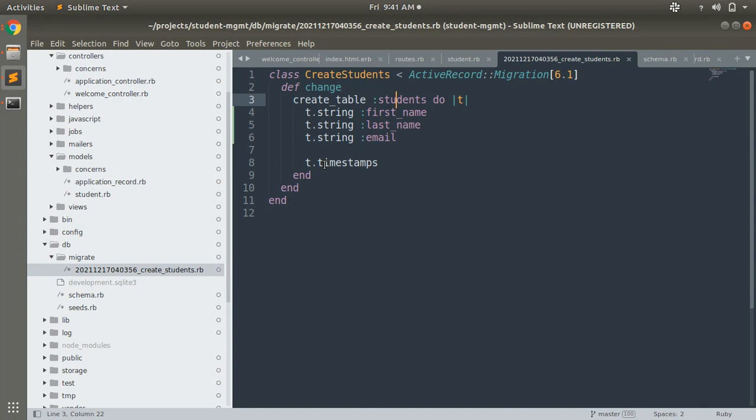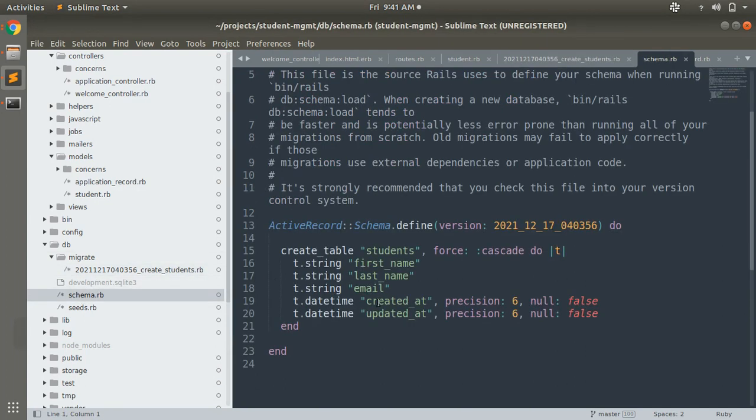Whenever you generate a model in Rails, these are always coming, though they are optional. These are not mandatory to keep. If you wish, you can remove them as well, but for tracking when a record has been created and when a record has been updated, we might need these fields in the future, or they might be helpful, so we just always keep them. So here you can see date, time, and created at and updated at.